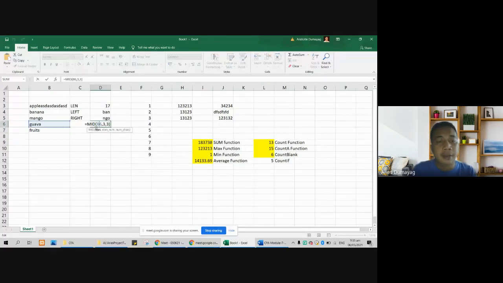So paano nangyari? It starts counting or extracting information from B6, from 3: 1, 2, then 3. And then there are 3 characters that should be displayed, which is AVA. Okay, ito yun, no? It starts at number 3, which is letter A there, and then ends after three characters being displayed. So your start number and the number of characters are very important for you to see the values inside your